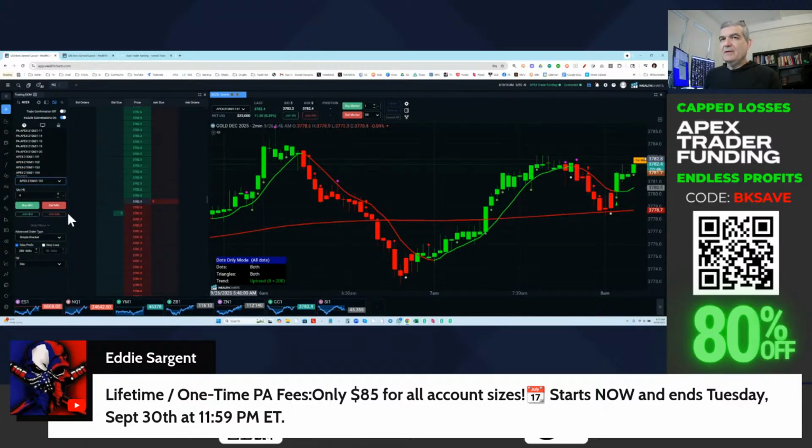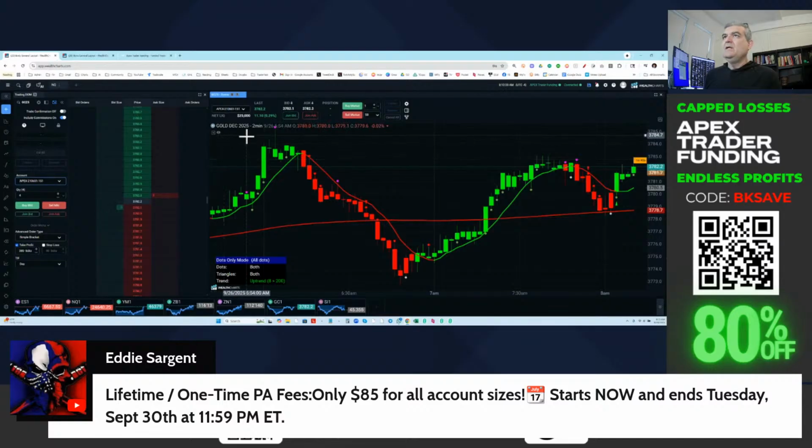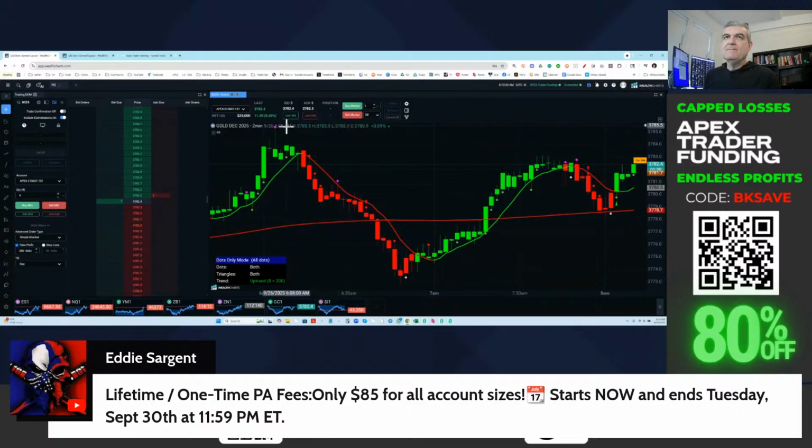So what we're going to do is I have two tabs open. One tab is going to be for gold, which is GCZ. So you just type in the symbol GCZ, and you get gold December 25. I'm putting that on the chart, right? You put that on the chart, and you type the same symbol over here, GCZ. Now, you don't have to align it, but in order to make sure that you're in the right account, you just make sure that 151, the first account, is on this chart, and 151 is on this chart, right? And the setup,